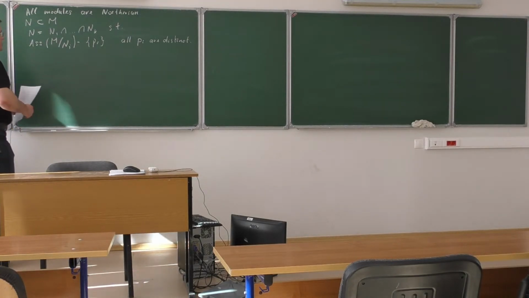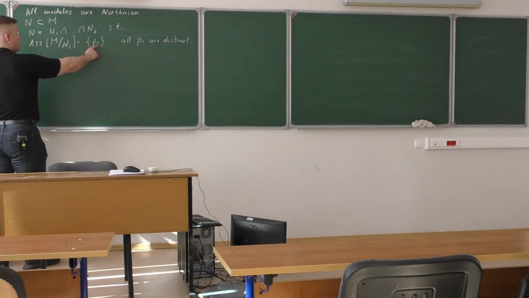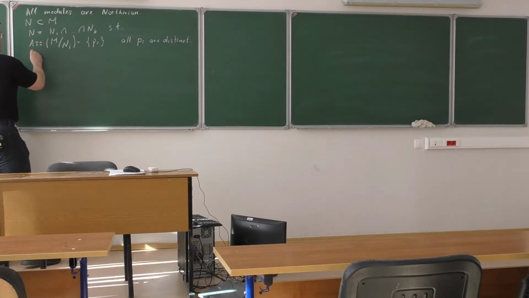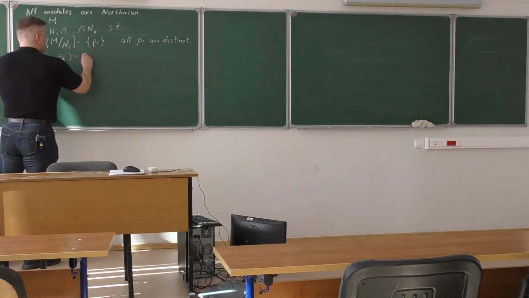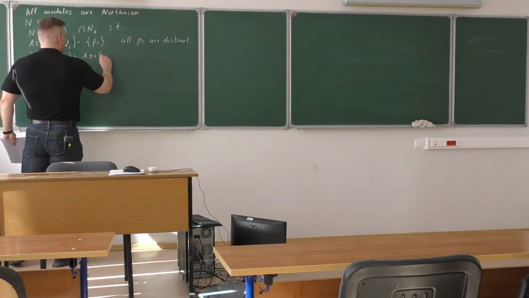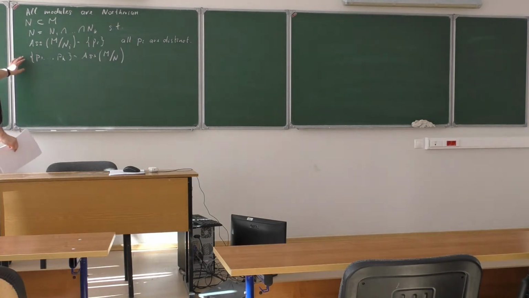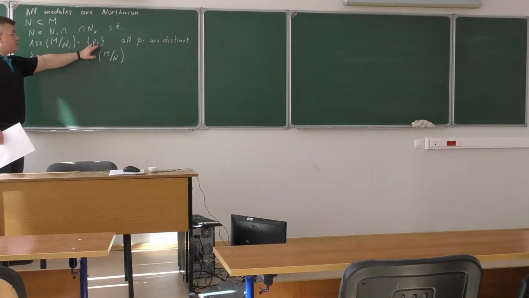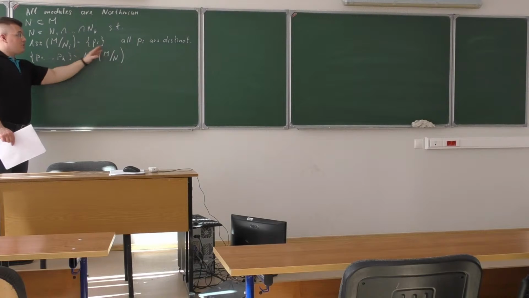Okay, so we saw that such decompositions always exist for any Noetherian module and any submodule, and the question was how unique this decomposition is. Last time we saw one uniqueness result. We saw that this list of Pi's is exactly the set of the associated primes of the quotient M modulo N. So you can think about it as a uniqueness result, because these prime ideals are uniquely determined: this is exactly the set of associated primes, and this is canonically computed if you have M and N.